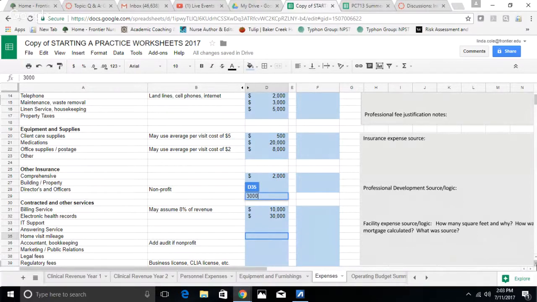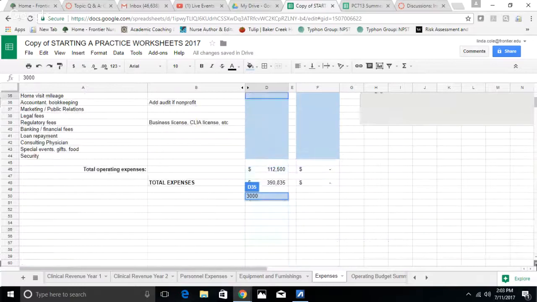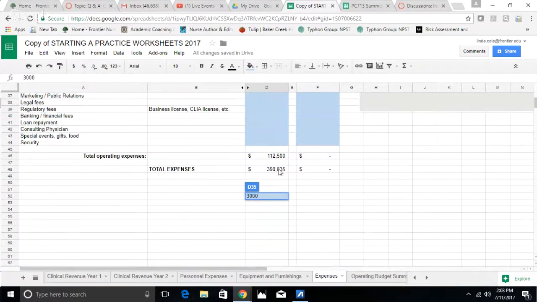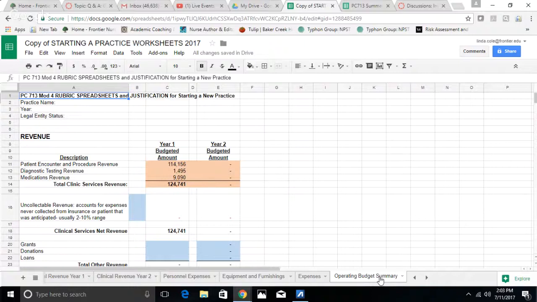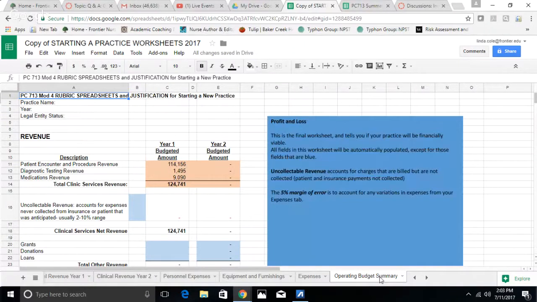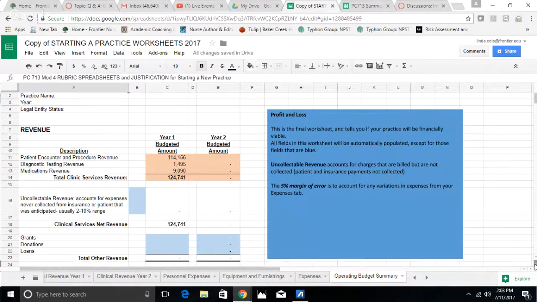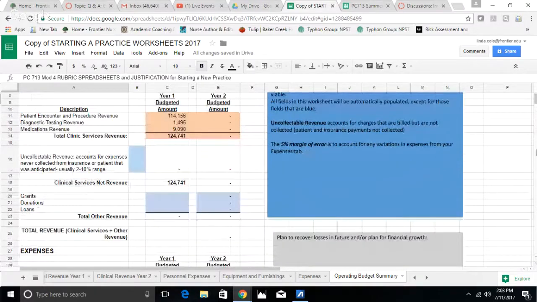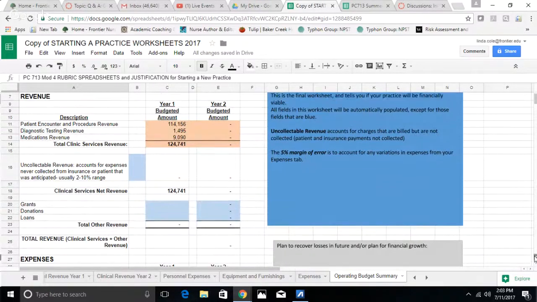So then we have some numbers here. Our total expenses, $390,000, $393,000. Our last tab is the operating budget summary. This is also known as a balance sheet. And what this sheet does is it shows you your total bottom line, alrighty? So we're looking at our revenue initially at the top, and